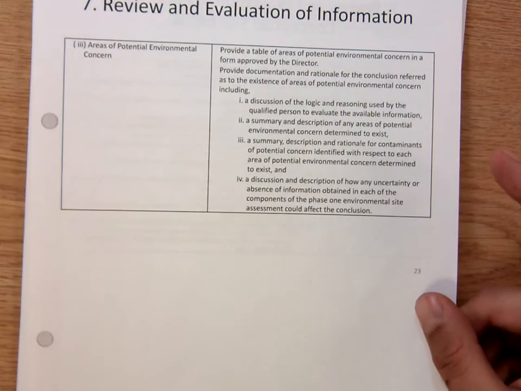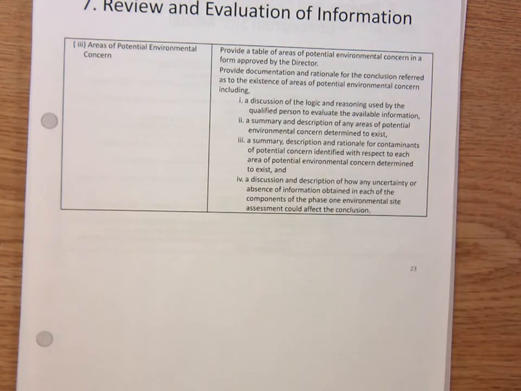Number 3, the subsection 3 of your review and evaluation of information is discussing the areas of potential environmental concern. So you provide a table of areas of potential environmental concern in a form approved by the director. Provide documentation and rationale for the conclusion referred to the existence of areas of potential concerns, including a discussion of the logic and reasoning used by the qualified person to evaluate the available information,